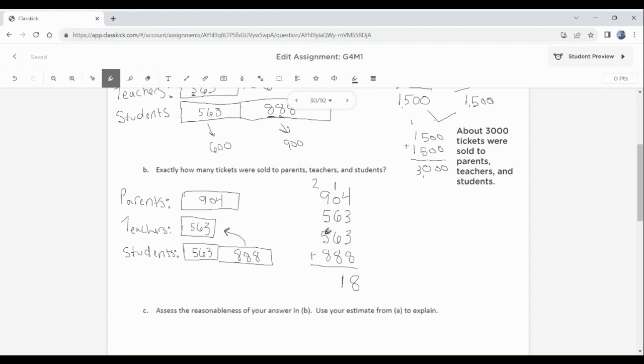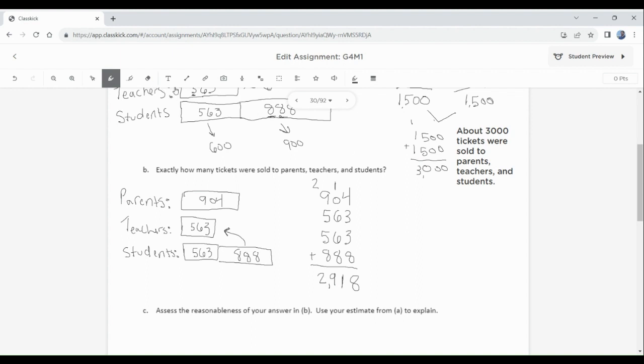Now I see 5 and 5 here, so I know that's 10 right off the bat. Plus 9 is 19, 20, 21, plus this 8 down here would make 29 to make